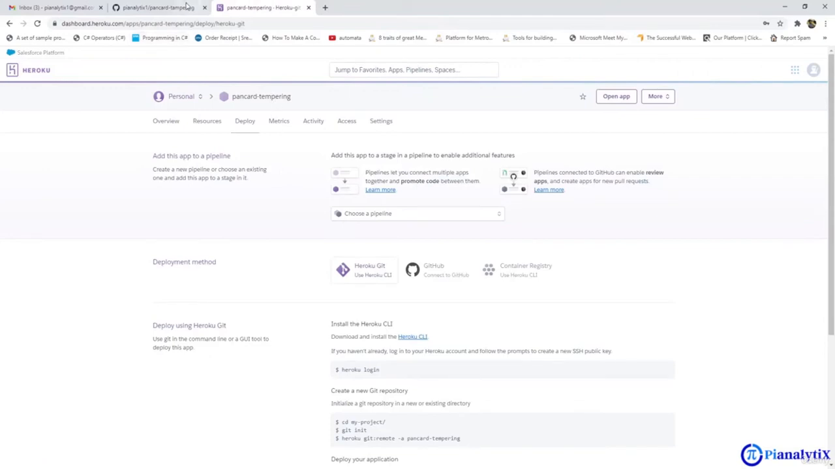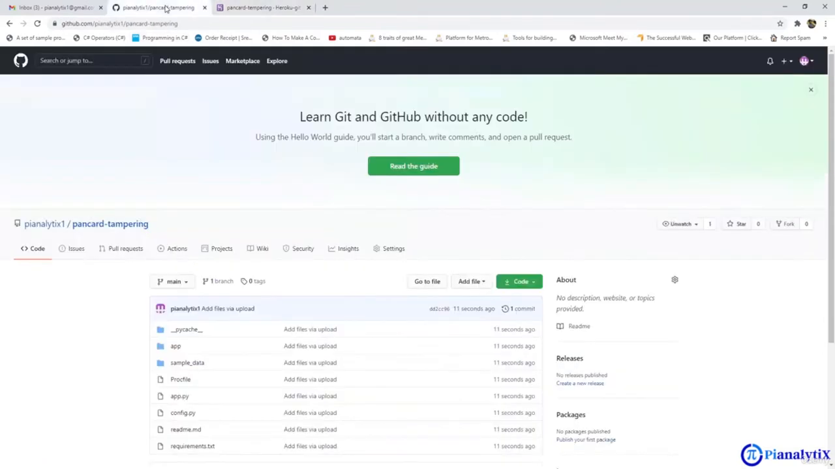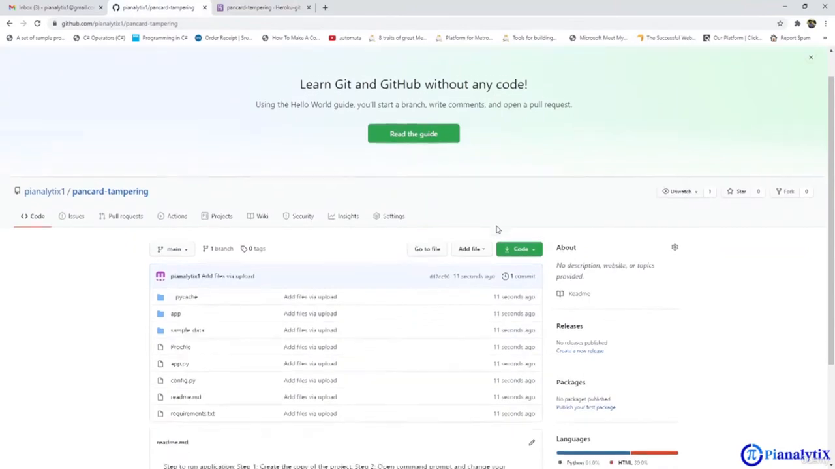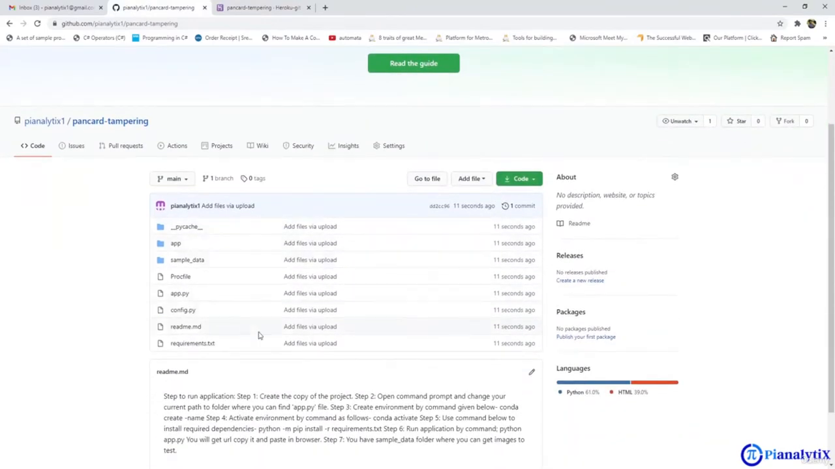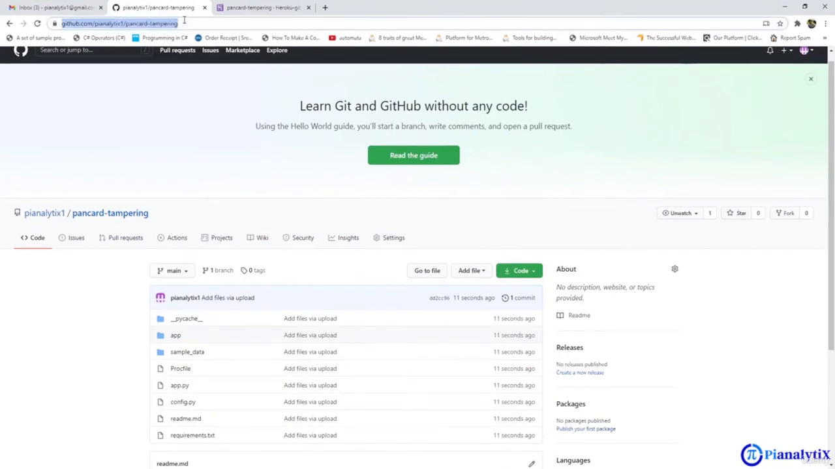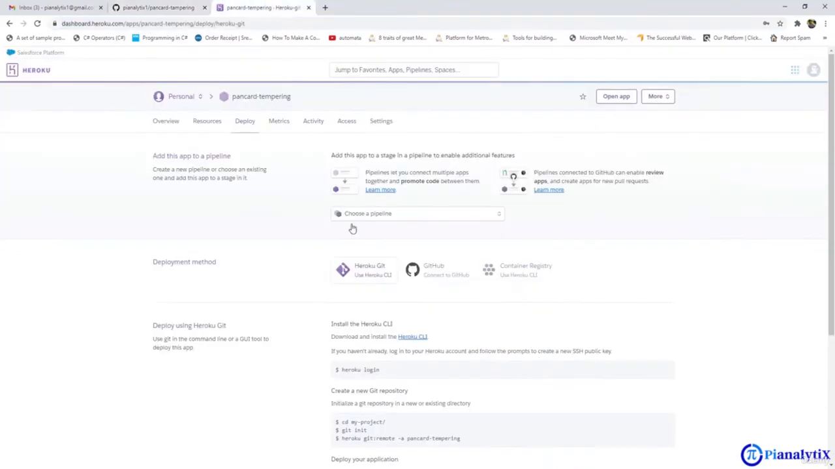Let's check if our files have been uploaded or not. So here you can see that all our files have been uploaded here into the GitHub account. This is the link to our repository: github.com, your username and the name of your repository. Now we will connect our Heroku account to our GitHub account. As we created an app named PAN card tempering,